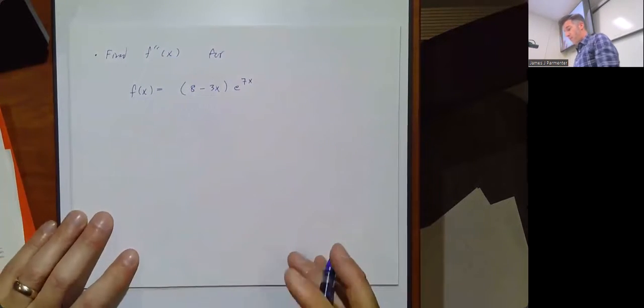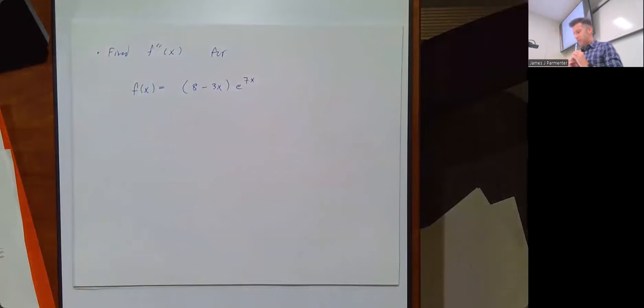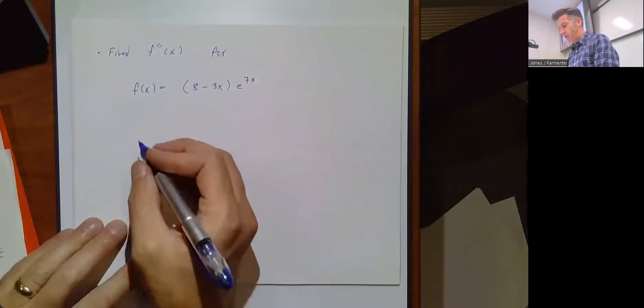So first derivative. So let's see, what could we do here? You can kind of go two different ways here. You could just straight up use the product rule to start off with. You could also multiply it out first, and then I don't know. I don't think that's really any better though. I would probably just do it as is. So let's just apply the product rule.